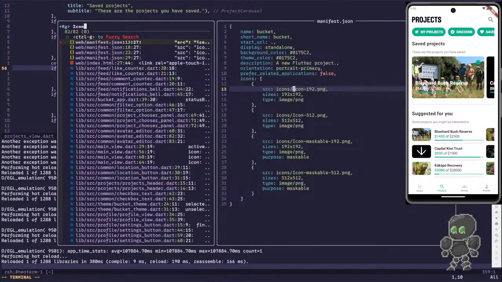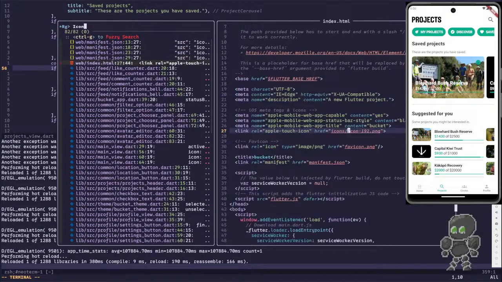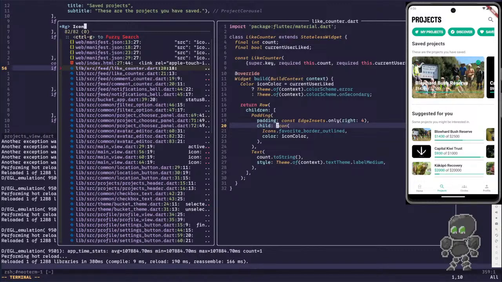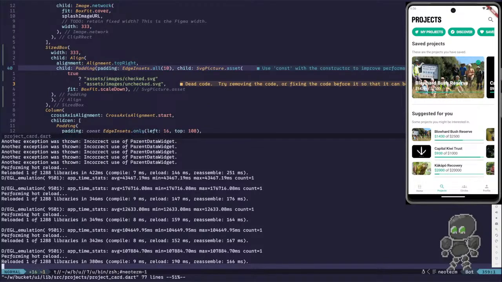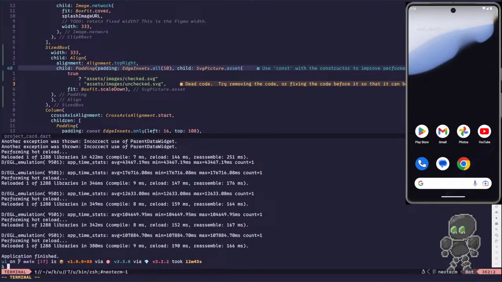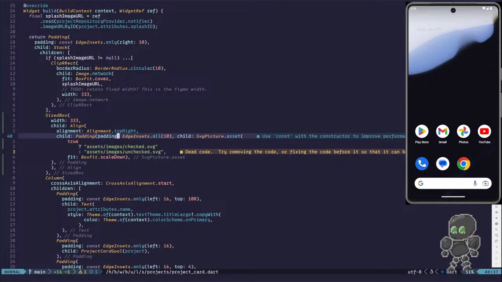Icons, favorite border outlined. Oh, look, I've already got it. Color. All right. So let's get rid of this. And we've got, instead of SVG picture,